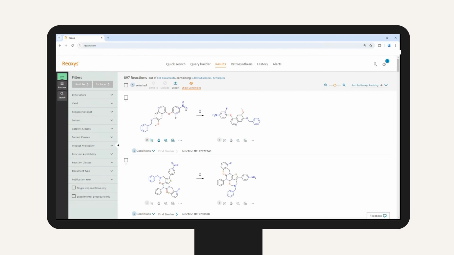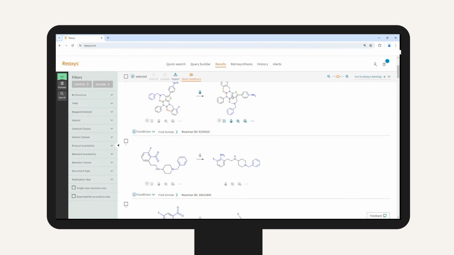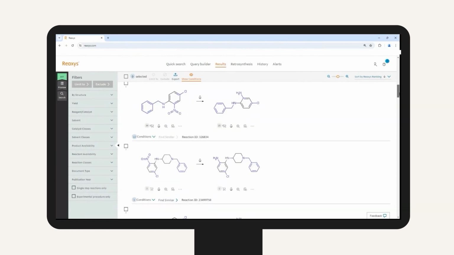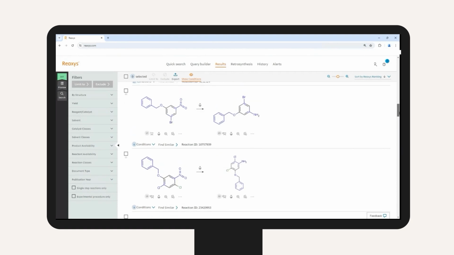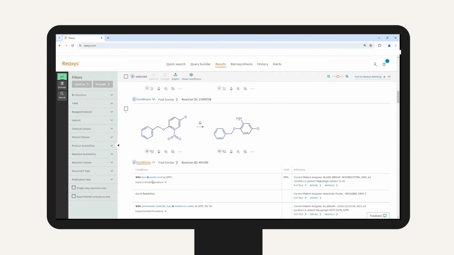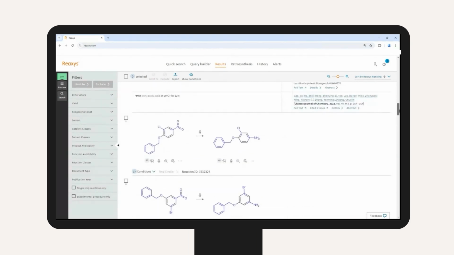And what you can see in this instance is that the nitro group here has in fact been reduced to the amine. Then we can go through, and you can see how by using the fragment button and not having to draw everything out, in terms of complexity, in terms of products, and you might not also know what's been performed in the literature, it's a handy way of putting in a broad enough query to help you along with your search, but more importantly, get to the information which Reaxys is known for: can we get that excerpted experimental data, and this time coming from this Glaxo patent and so on. So that is one of the ways that you could use the fragment options in Reaxys.